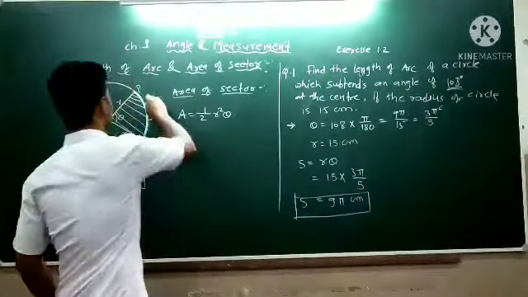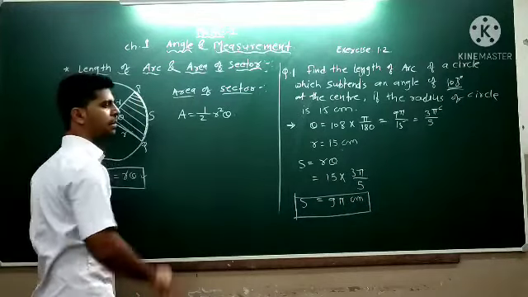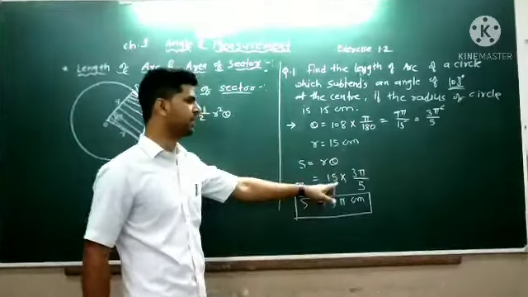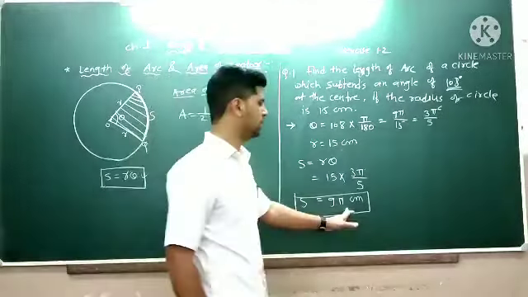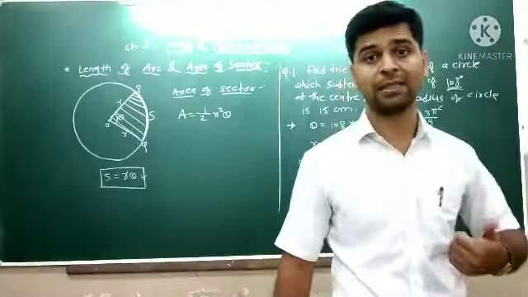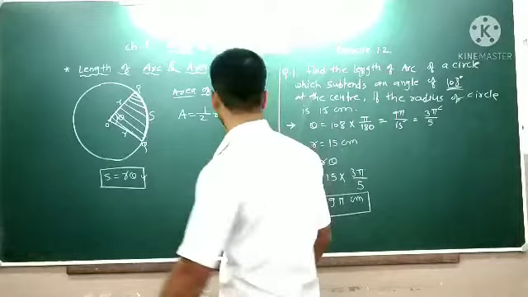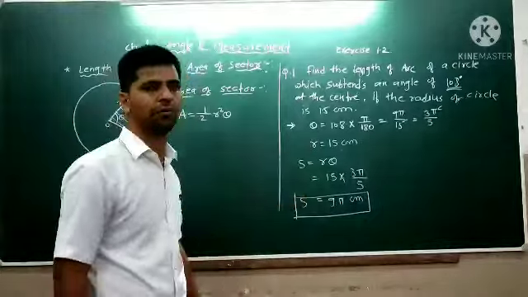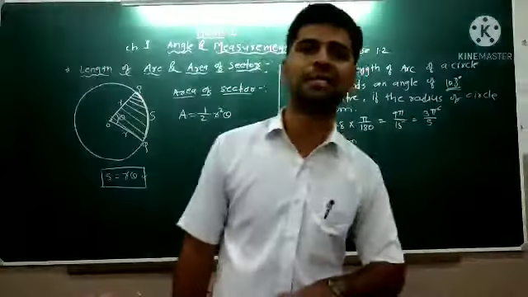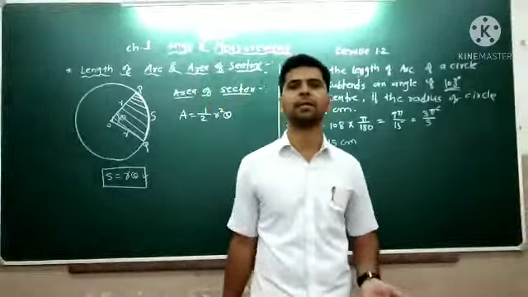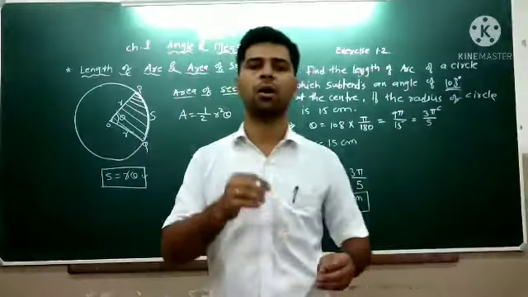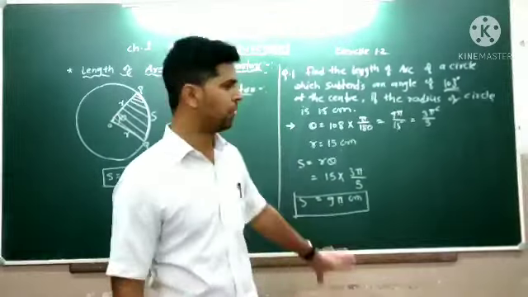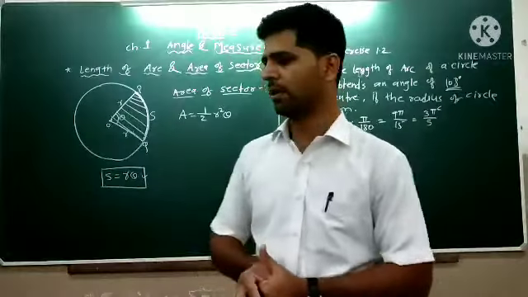So we can see this P to Q distance is 9 pi. And if you put your angle 108 as it is, without converting that into radian, then your answer will be in degree, right? But length is never in degrees; it should be in centimeter. Pi we can replace by 3.14 or 22 by 7, but degree you cannot convert, you cannot write in centimeter. Degree is another unit, centimeter is another unit. Length you always write in centimeter or meter, whatever. It is a distance actually. Distance cannot be in degree, right? So this is how we have to find out this length of arc. Okay? Thank you.